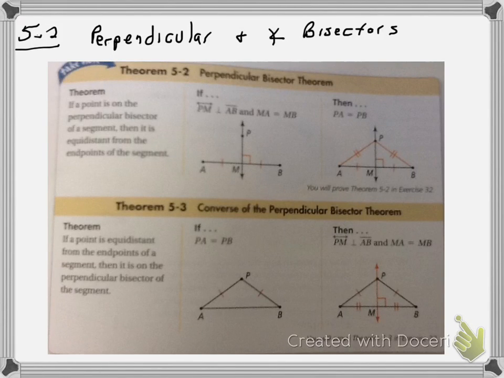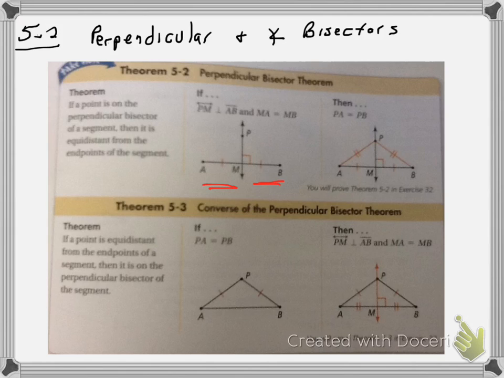5.2 is about perpendicular lines and angle bisectors. The 5.2 and 5.3 theorems are all about the perpendicular bisectors. And 5.2 talks about the perpendicular bisector theorem. So if PM is perpendicular to AB, and AM is equal to MB, so those are congruent, then